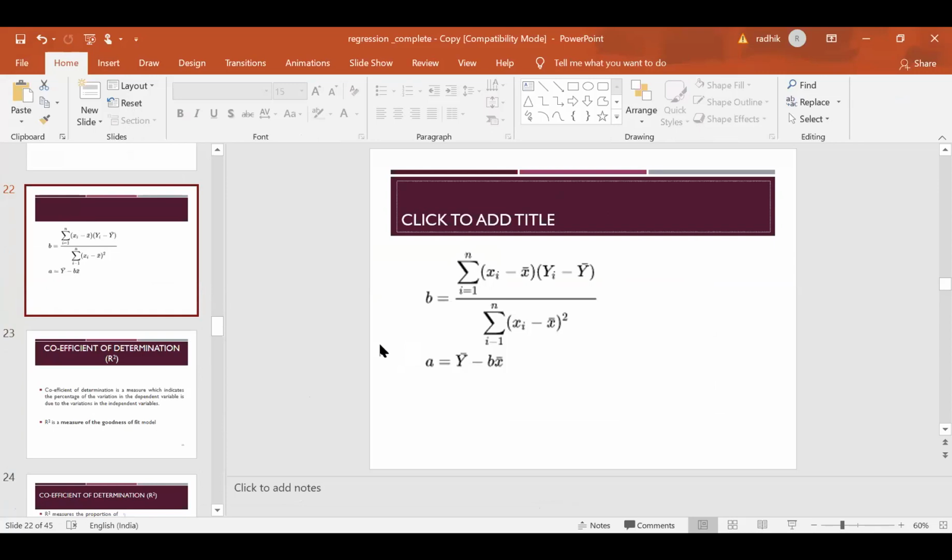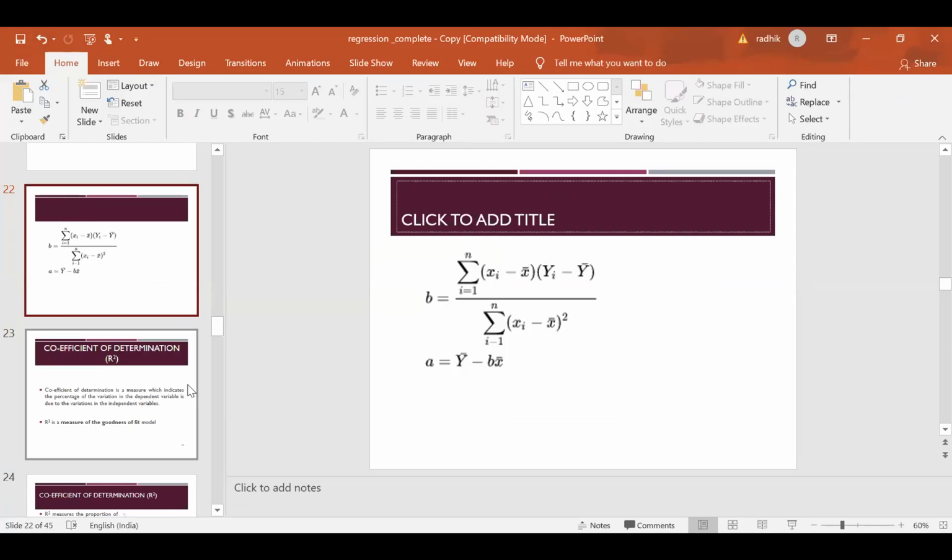Basically, the regression coefficient will tell you, with one unit increase in the independent variable, what is the change in the dependent variable. Using that, you can create your prediction equation and calculate for any values of X what is the value of Y. I hope you have understood till this.